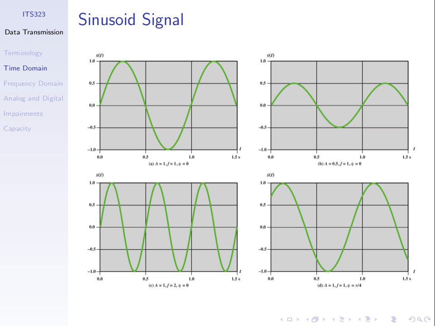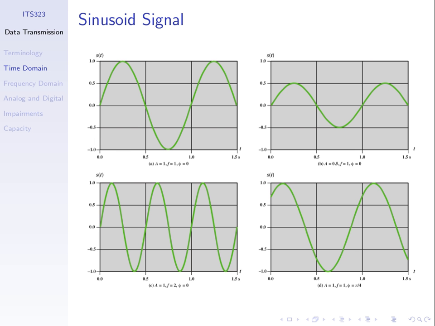So it's 2 pi times the frequency times t, which will be 4 pi t. 2 times pi times 2 times t. The phase is still 0 in this case. Simply sine, I'll remove the 1, sine 4 pi t, half sine 2 pi t, sine 2 pi t, and the last one,